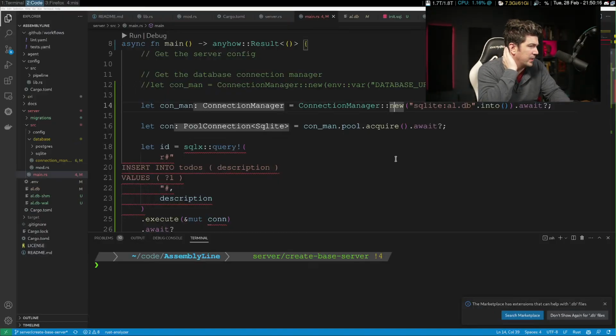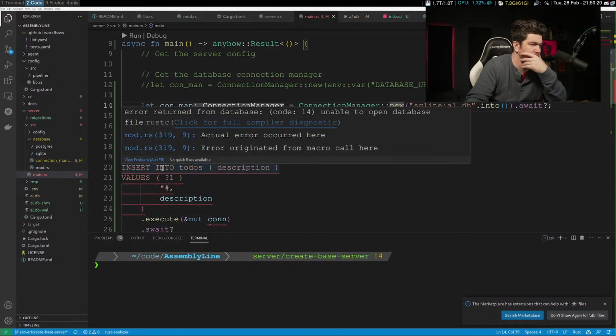Okay. So we've removed the database now. Still the same error? Kind of what I expected.